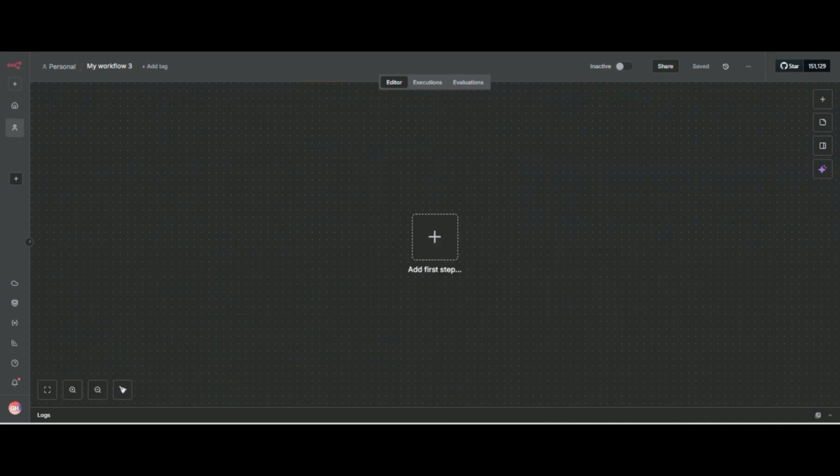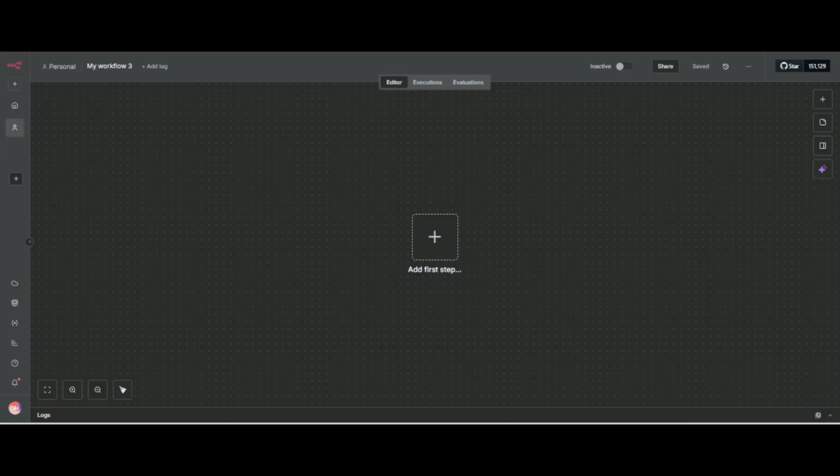Now we have to build this simple agent step by step. This is a simple agent. You will say, what are you doing, Kazi? You are making this type of agent. But listen to me. This agent is simple, I know, but in this agent I will teach you how you can connect your OpenRouter API key, and how you can build an AI automation agent using an OpenRouter API key.